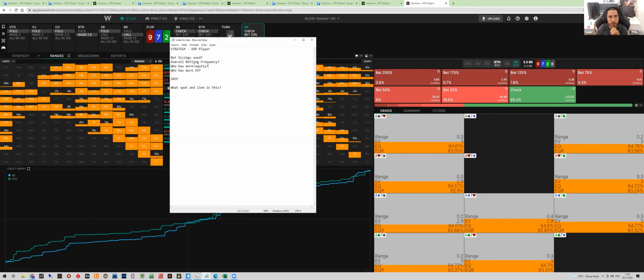And then you're going to answer who has more equity and who has more EV. Okay. In a second part, I'll also ask you to answer what spot and line do you think this is? Okay, you're going to try to visualize the game tree and see which spot makes the most sense for ranges to be distributed in that particular way. Okay,